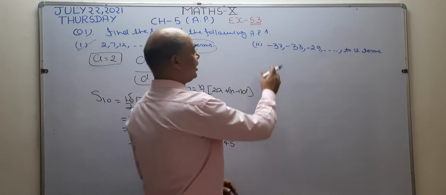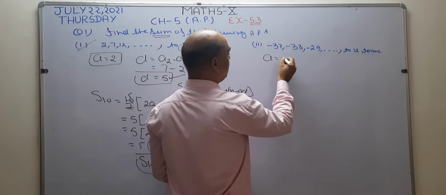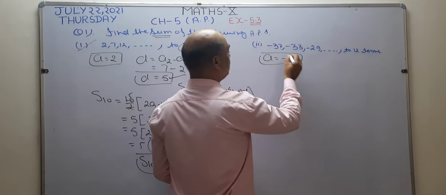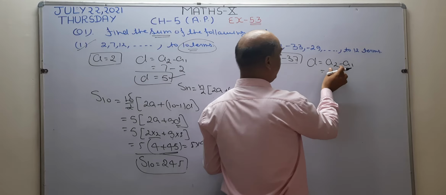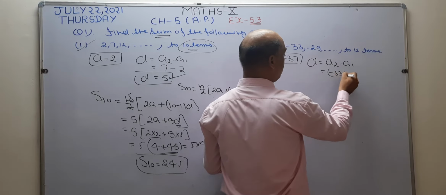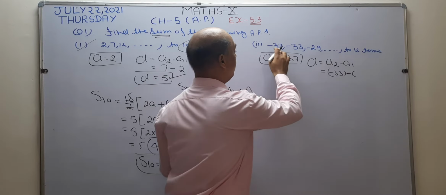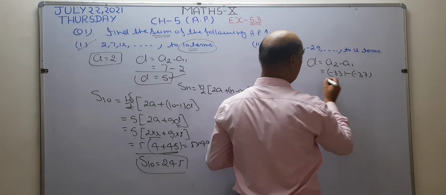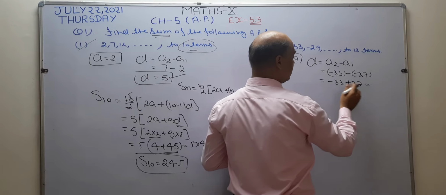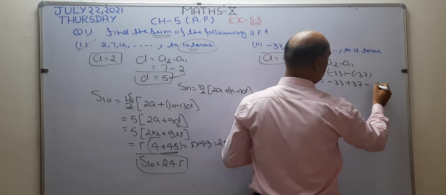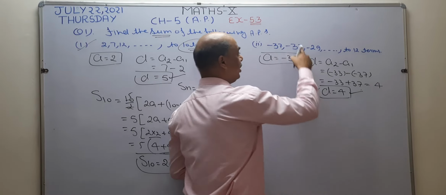In the second part, AP is again given. From the given AP, I want to write the first term. What is the first term of AP? Minus 37. So this becomes a. A is known as the first term of an AP. After that, I want to find the value of d. For finding the value of d, the formula is a2 minus a1. A2 means minus 33. Right, here minus 33. The minus sign is there according to the formula. Now, what is the first value of the AP? Minus 37. Right, here minus 37. Now plus minus minus plus, again plus, minus 37 minus 33 becomes plus 4. So the value of d in the given AP is 4. It means the common difference is 4.